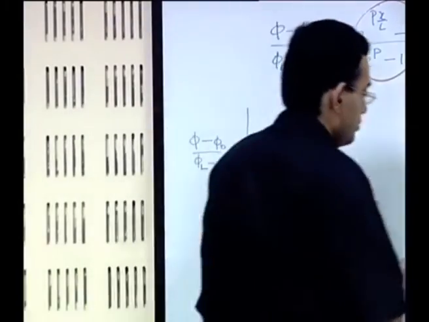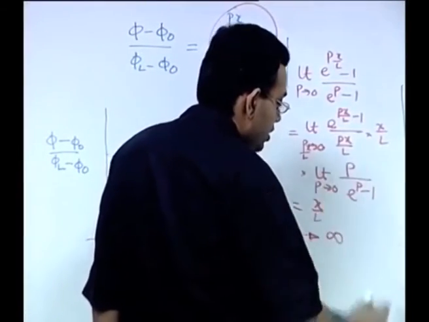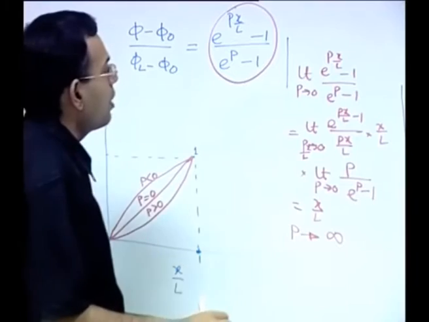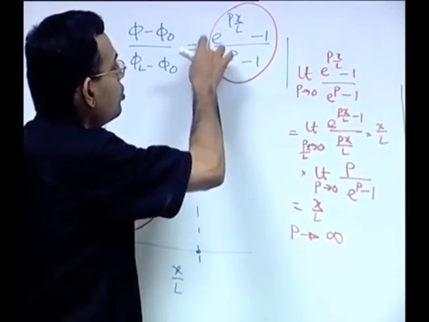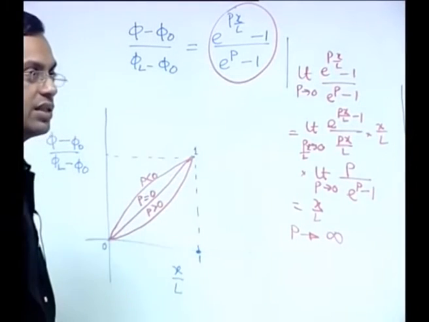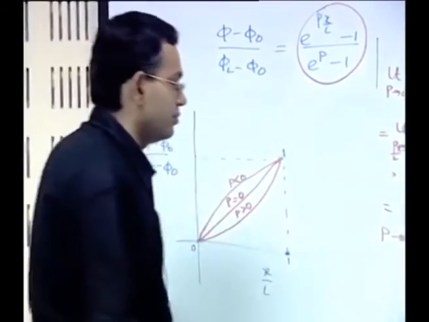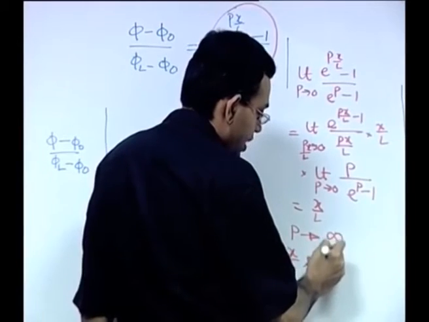Our interest is Peclet number tends to infinity, a large Peclet number. When Peclet number tends to infinity, we can divide this into two parts. One is when x by L is small, another is when x by L is large. When x by L is small, that is tending to 0,